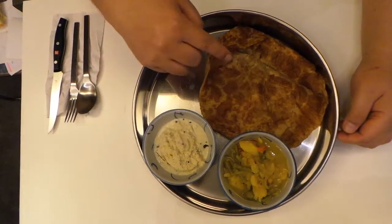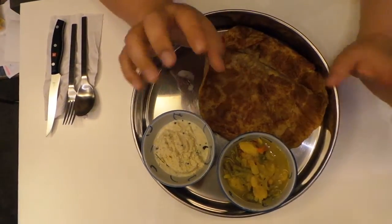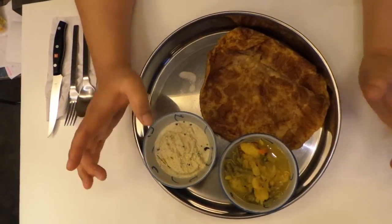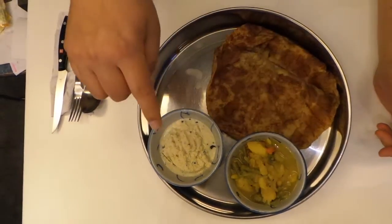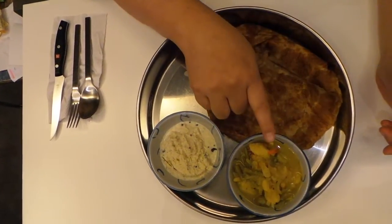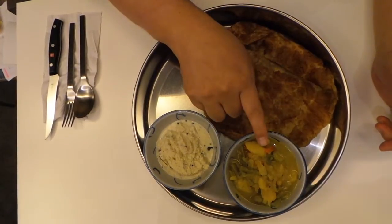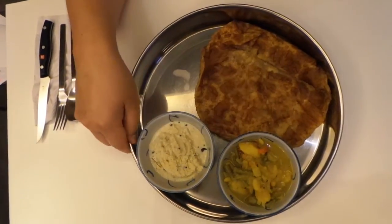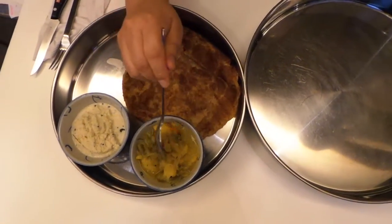And Puri is the flatbread that you see here I'm pointing to. Along with that always comes two side dishes, always. One is aloo bhaji, and the other one is coconut chutney or just chutney. So we call it Puri aloo bhaji chutney. And aloo bhaji is basically, aloo is potato,